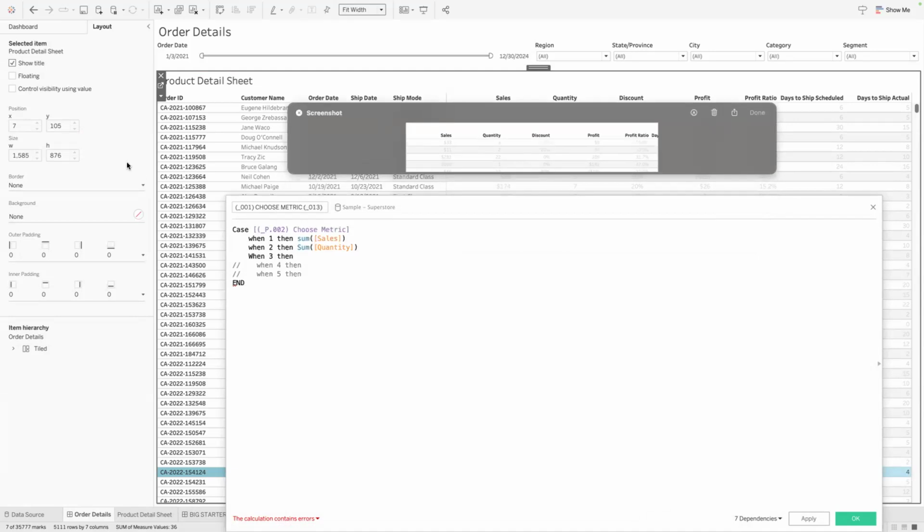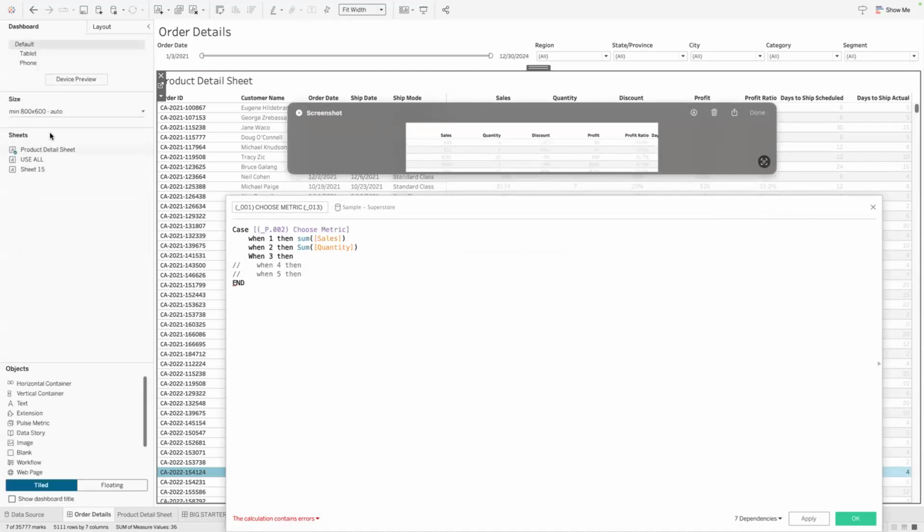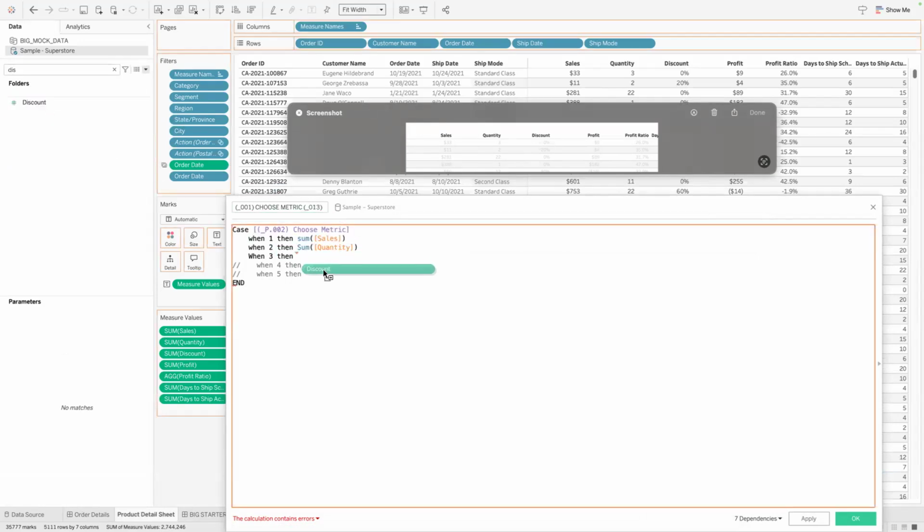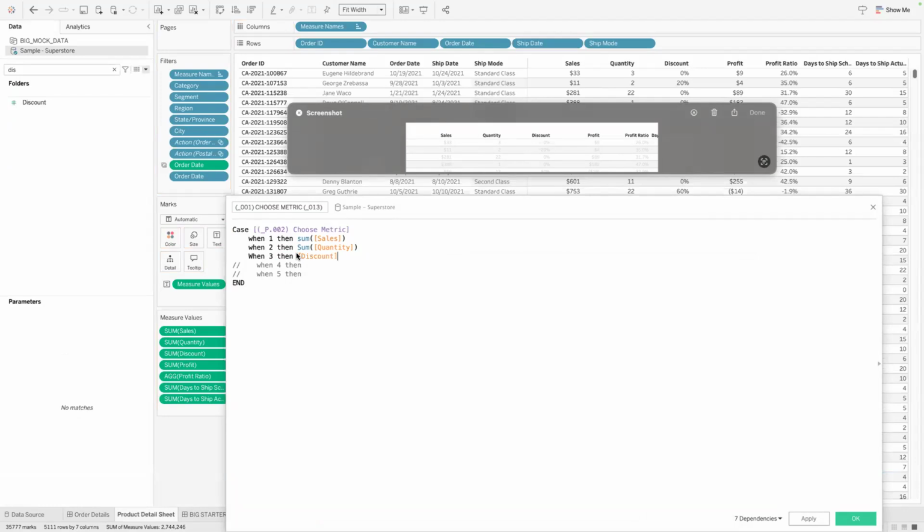Sales, quantity, discount. And these I just had kind of wiped out, but we can put those in real quick.